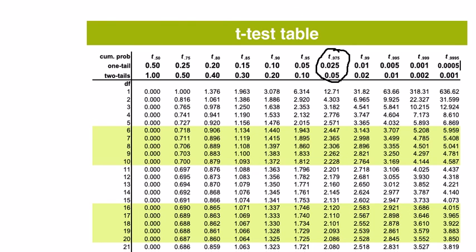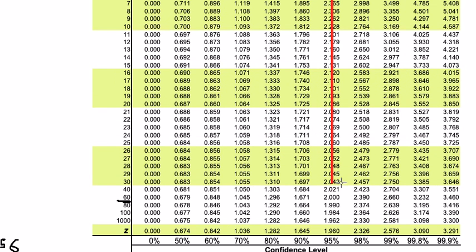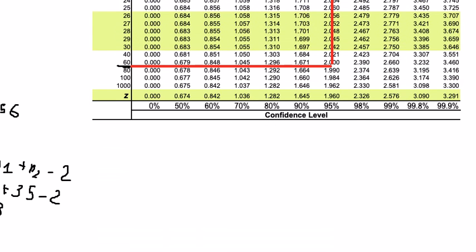So we go down in here, and if we look carefully, 68 is between 60 and 80, so we can choose about 1.995,